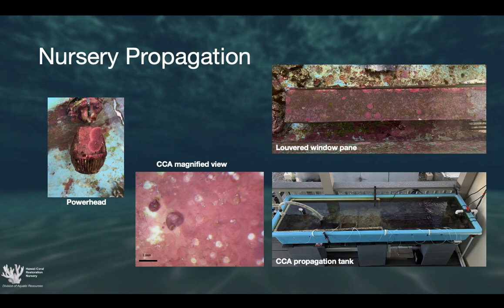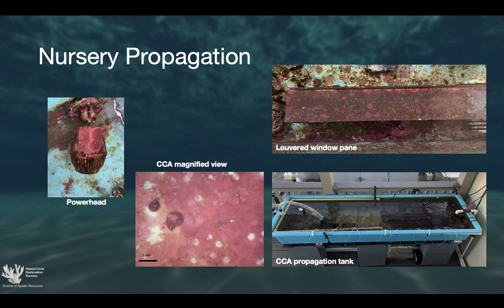So how are we growing Crustose coralline algae? Very simply. In the lower right-hand corner, you can see we're using one single tank. We started with a very small collection of Crustose coralline algae, and in a short period of time, using these louvered window panes vertically, which increases the surface area of the tank, we were able to completely cover the inside of this tank. Using the power heads to help distribute those spores,